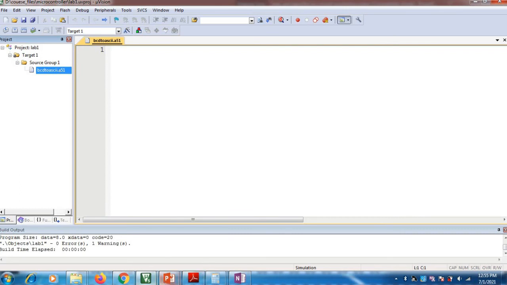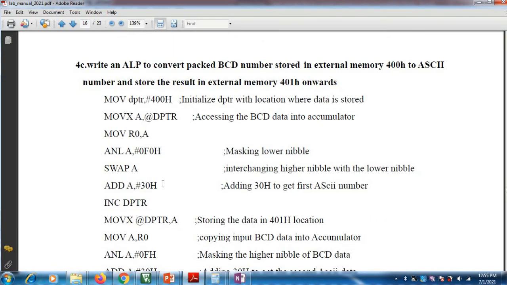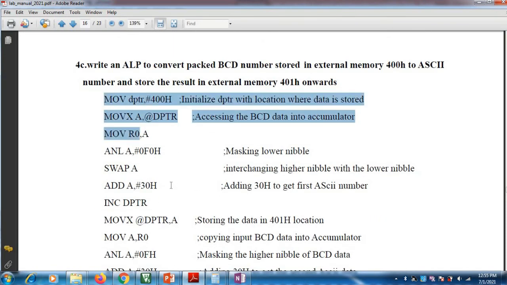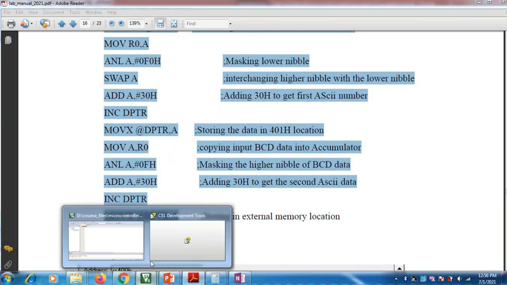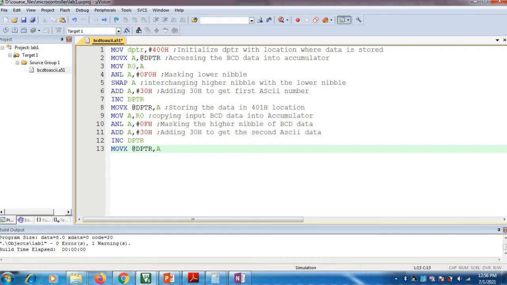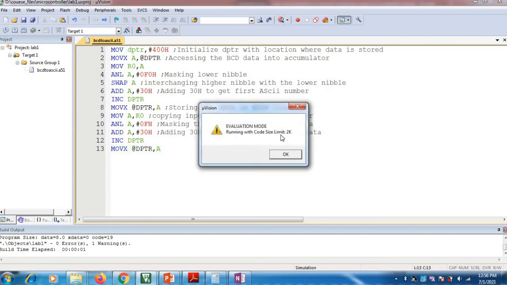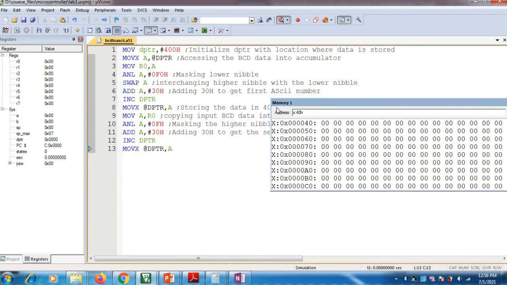For this I have already written the program, so let's copy it here. Okay, right. So now we'll debug, we'll check for the errors first. So there are no errors.